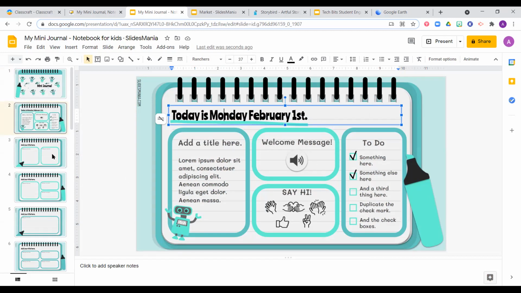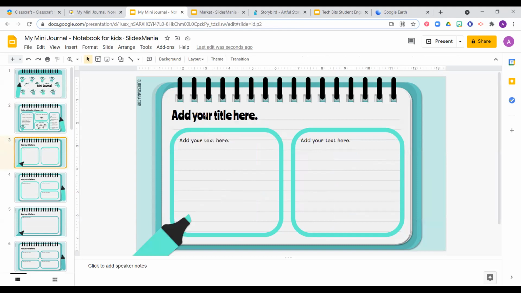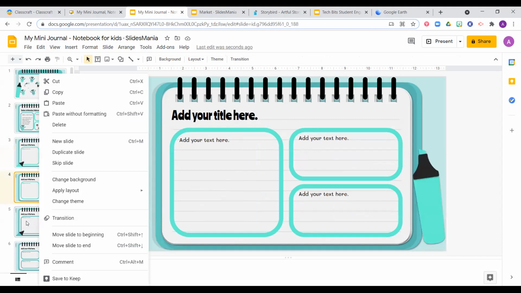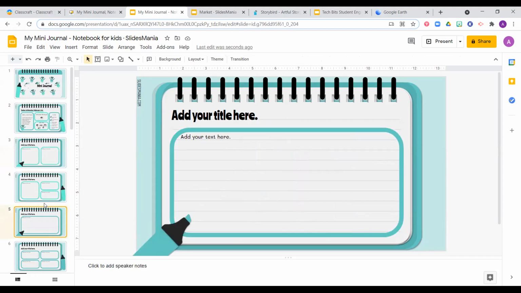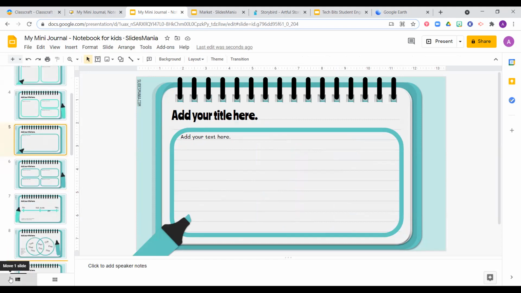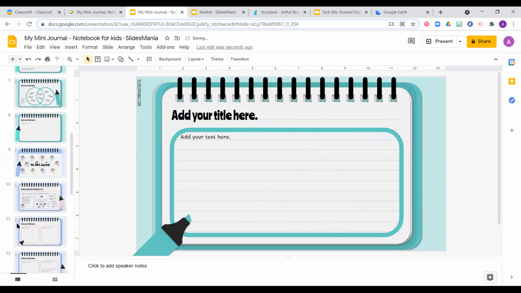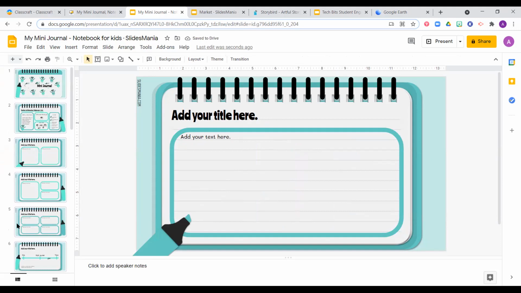And so you would go through and edit the slides, add whatever you want it to say here, give your students the directions. You may not like this slide, so maybe you don't want this slide here. You can either move it just like you would anywhere in Google Slides, or maybe you just want to delete it altogether. You can do that. You have that ability. You have full, total, complete control. It's just providing you the background and the elements that are already created. Once you have it already where you want it,